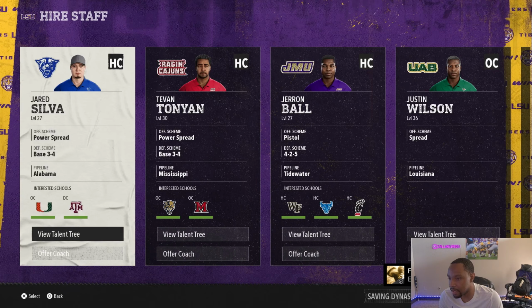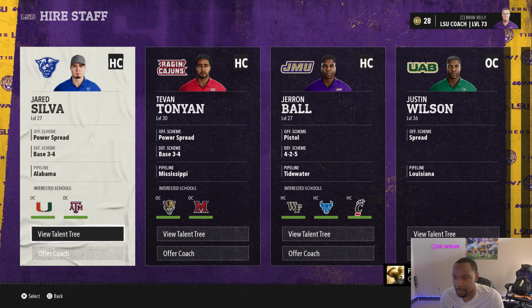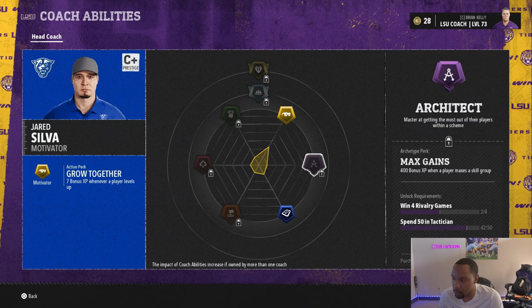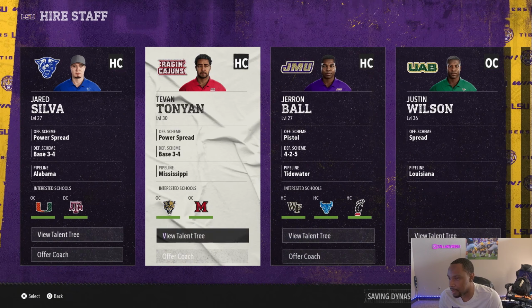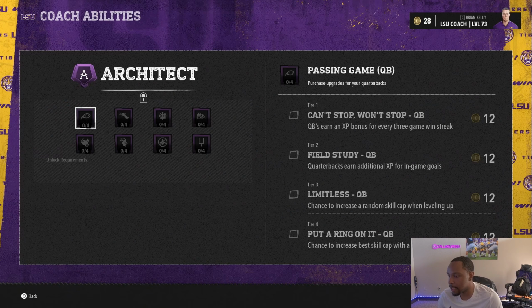So we come back in here and you see, you got some similar guys, some of the same guys. But I believe Jared here is new. Still don't love that, man. I don't love none of these coaches. So one of them coordinators has this architect ability. And I think the best thing here is